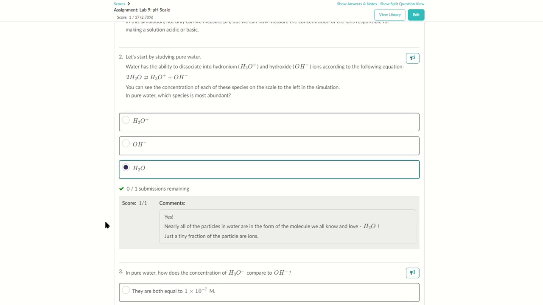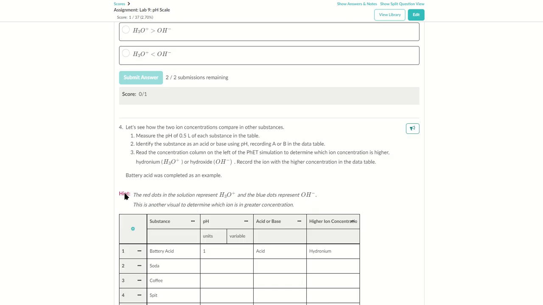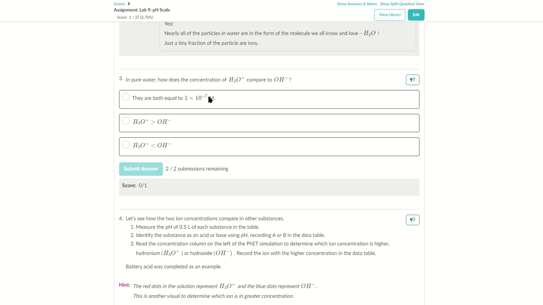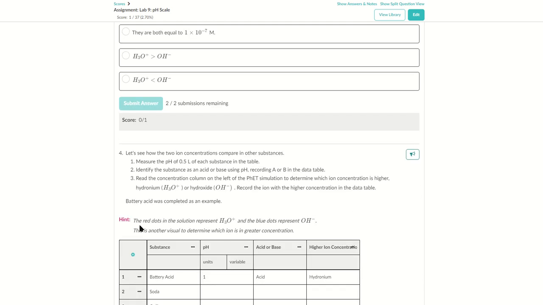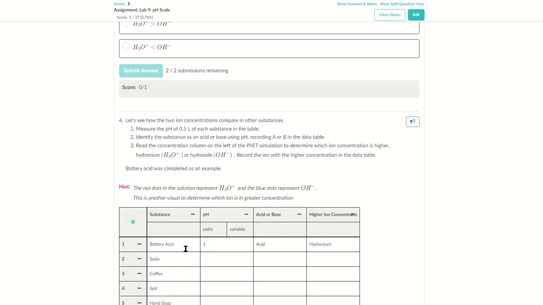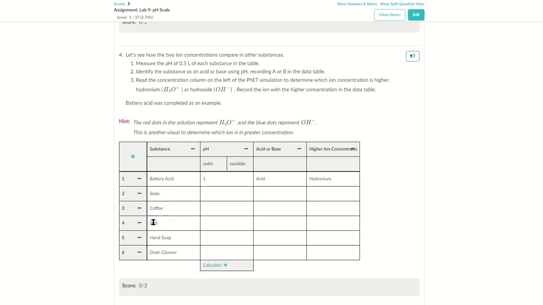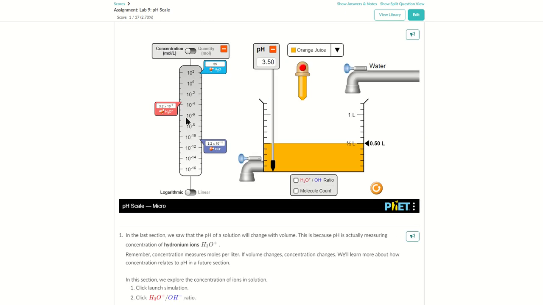And then the rest of these questions, like I said, you're exploring this a little bit more, and then you are going to record some measurements. You are going to look at soda, coffee, spit, hand soap, and drain cleaner. You'll measure the pH of 0.5 liters of each substance. You are going to identify each one as an acid or a base. You can just record A for acid, B for base. And then you will read the concentration of hydronium and hydroxide,